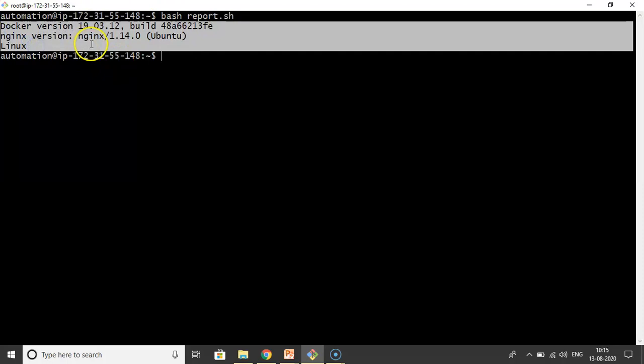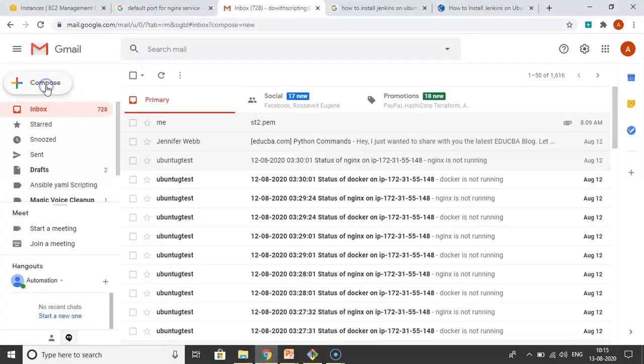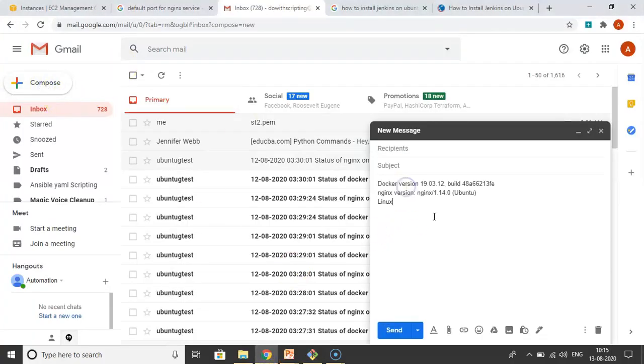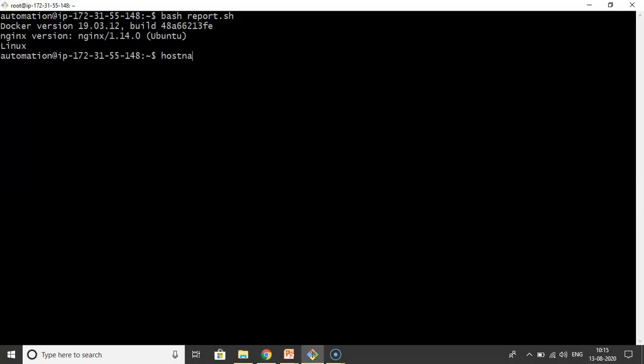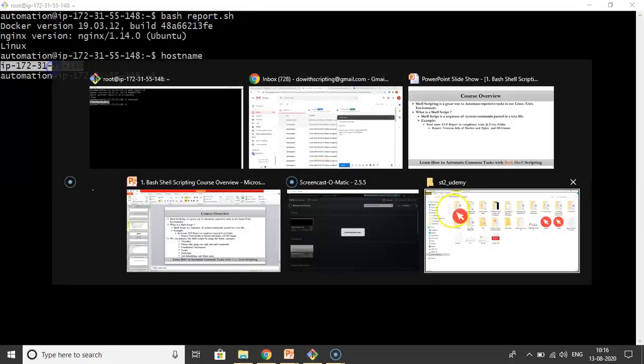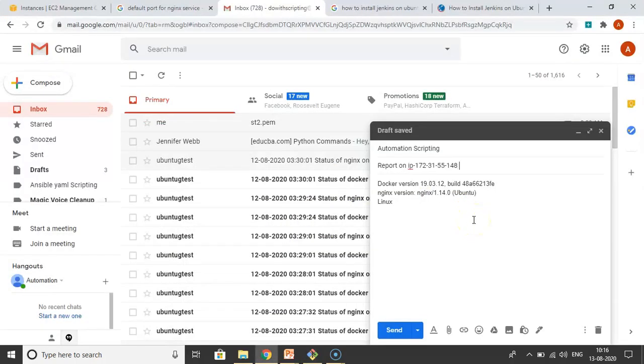Now you can copy this information, go to your mailbox, and compose. Then just send this to the compliance team. Just assume that this is the compliance group. Then the report on, let's say, the host name. So let me give the date as well. Suppose I want to provide the date.